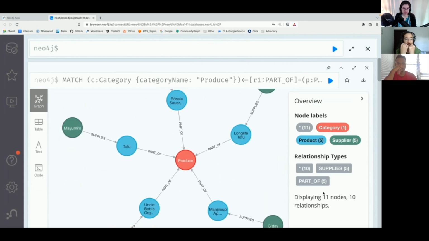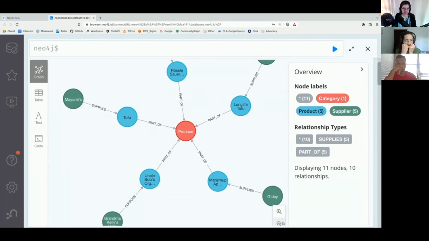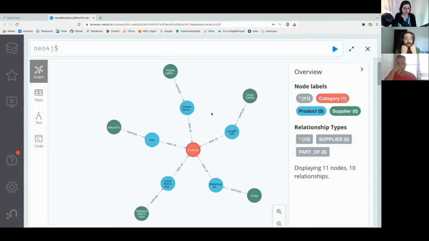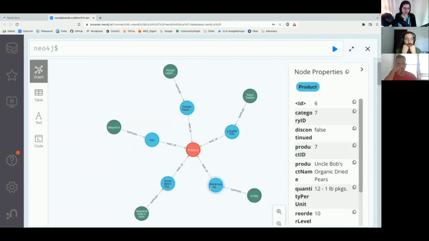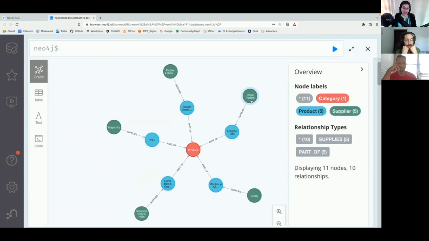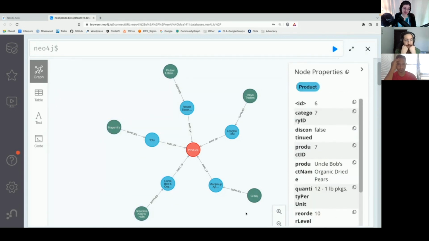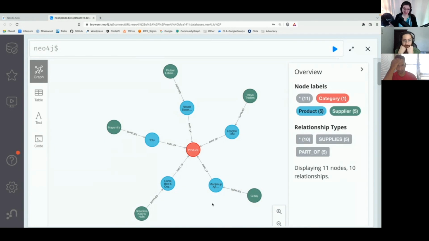We get produce, and let me zoom out a little bit so it's a little easier to see. We have produce. We have the 5 products that belong to that produce category. And it looks like we only have one supplier that provides each one of those. So if we have a supplier that goes down, guess what? We've lost a product potentially, right? So let's double check this a little bit